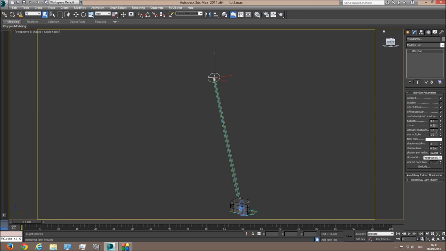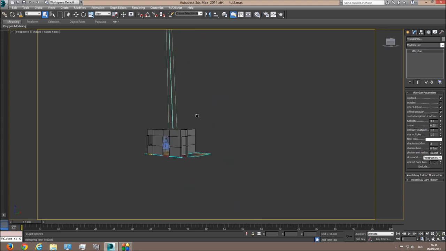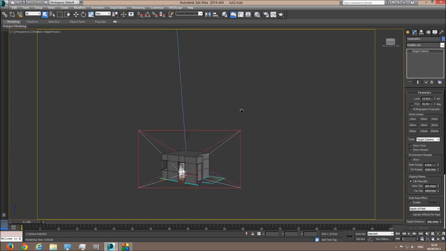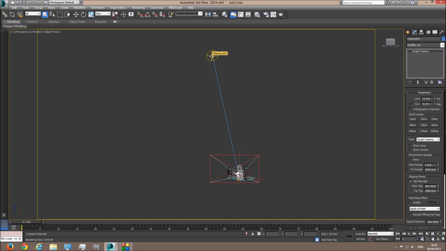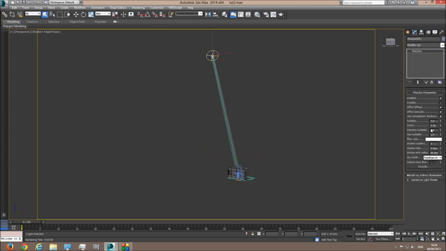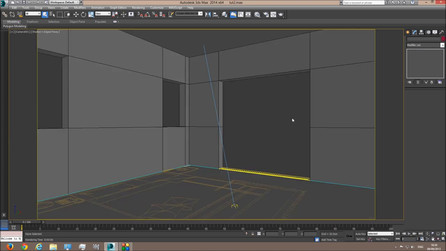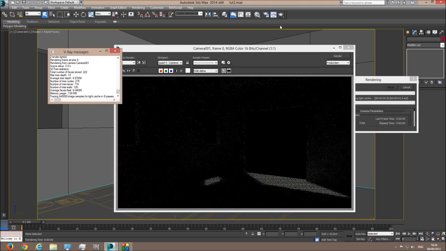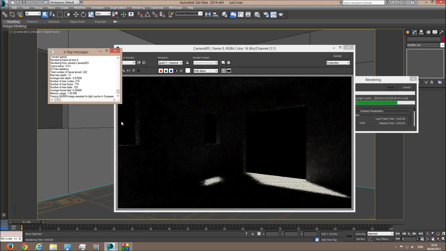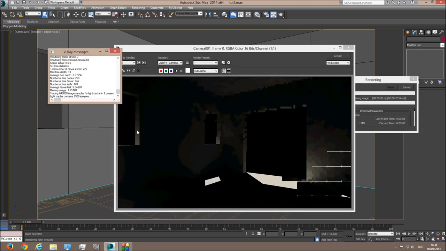This is good for the Vray camera. Because we're using the regular camera, the 3DsMax regular camera, we need to crank this way down to something like 0.05 and render again. Now the scene is very dark, but that's what we were looking for, because all we want